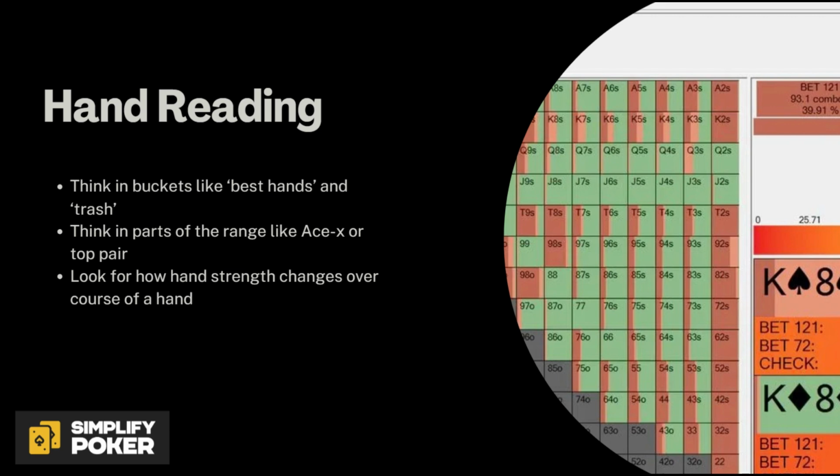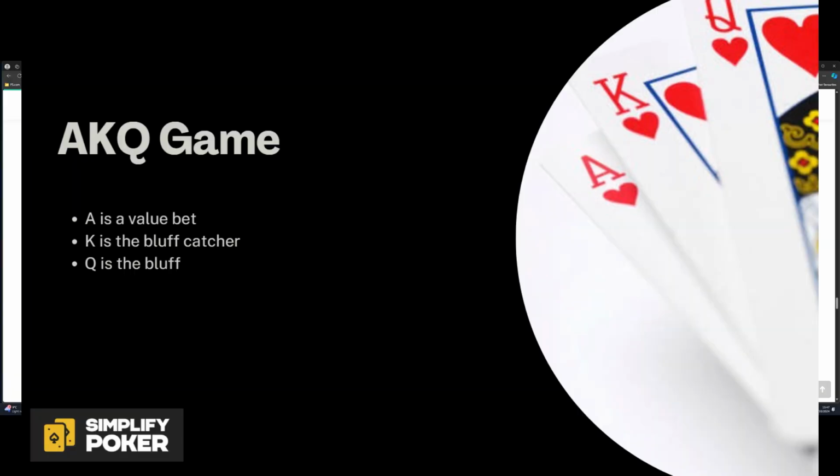The other thing to be aware of is that obviously your hand strength changes over the course of a hand. For example, you raise pocket kings, the big blind calls. You've got an ace in the ace king queen game. The board comes down ace 8-2. Oof, you're like, okay, well, now I have it. Now I have a king because I can't beat any